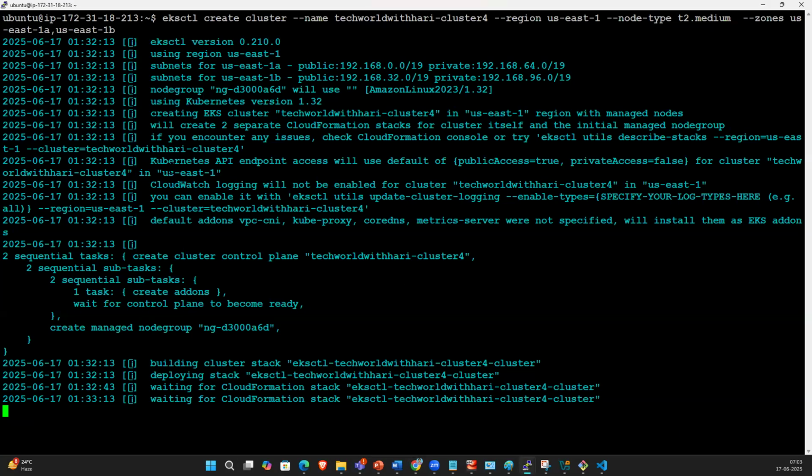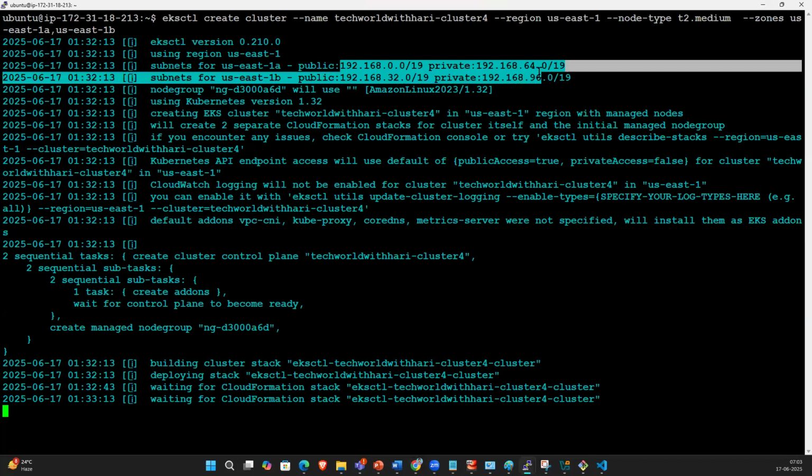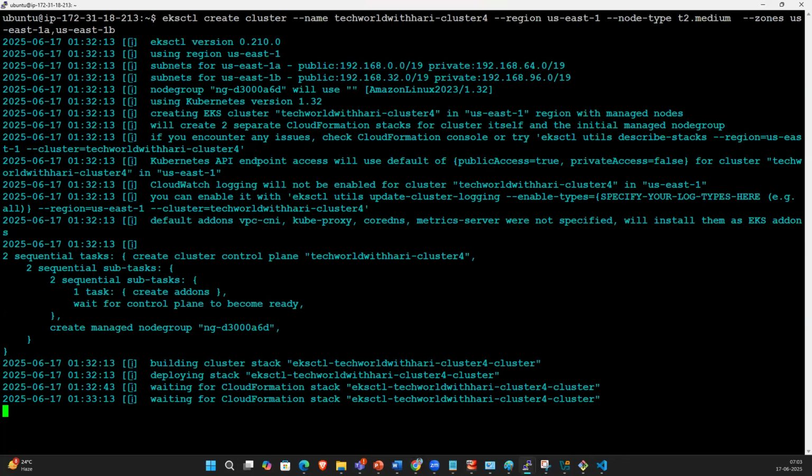You see, guys, the EKS version using region US East 1, subnets for EKS. So these are the subnets they are using. Subnets for 1B. It will create high availability. High availability means it will create on 1A and 1B. Node group NG3 will be using Amazon Linux. So using Kubernetes version 1.32, creating an EKS cluster, Tech World with Hari cluster 4, in the US East 1 region